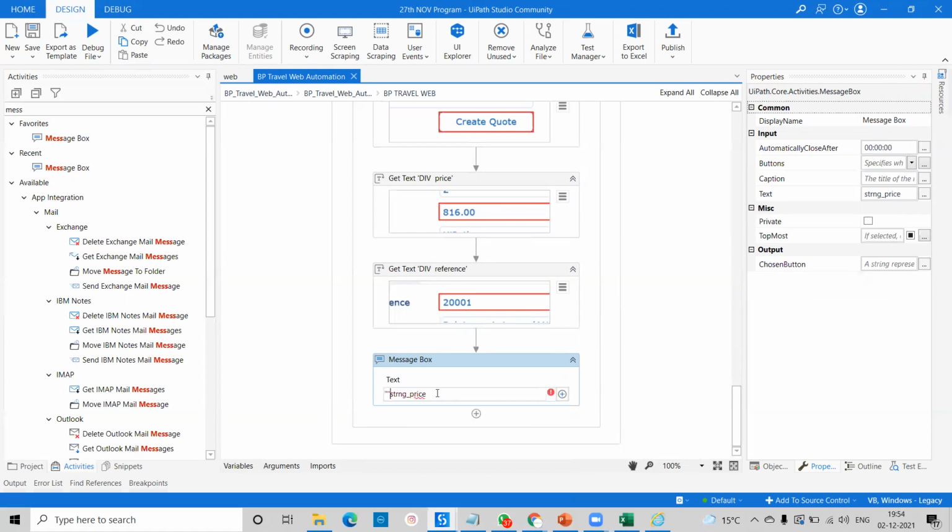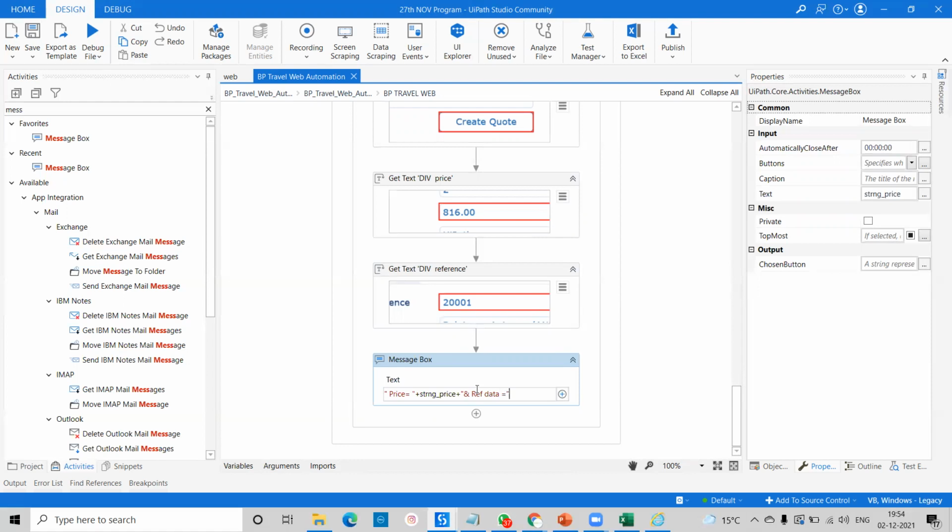We can pass a double quote and plus. Simple double quote. Why? Because I can pass price equal to. So price equal to, then we'll get the string price. After that we'll pass the plus sign, and again we have to pass this reference data. So double quote, and here we can pass reference, short code data equal to.